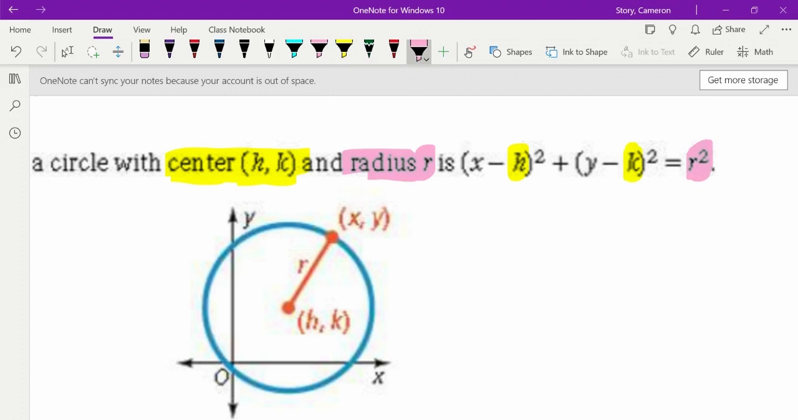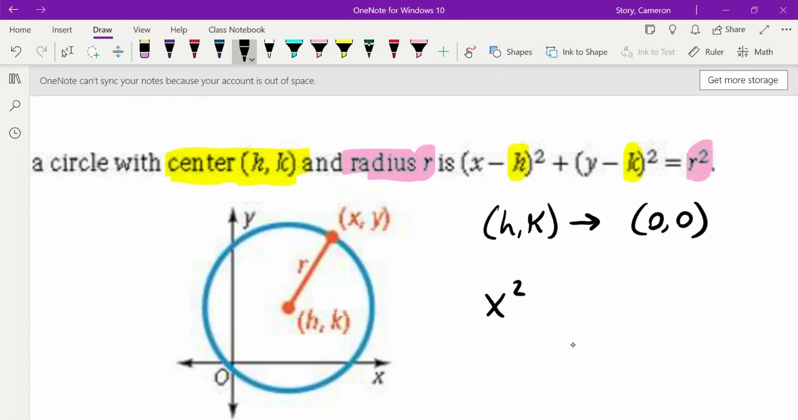Okay, this is the most important formula that you can have. And we're going to really quickly just talk about what happens if (h, k) is at the origin, if it's at (0, 0). Okay, so if h is 0, then x minus 0 squared would be x squared. If k is 0, then y minus 0 squared would just be y squared, because subtracting 0 does nothing. And this would be equal to the radius squared. Okay, so if your center's at (0, 0), you're going to use that formula instead, which brings us to our